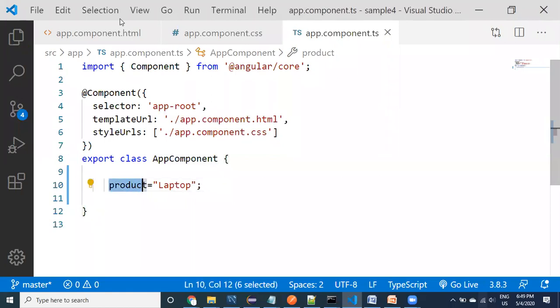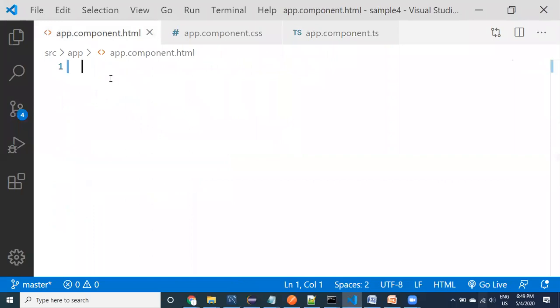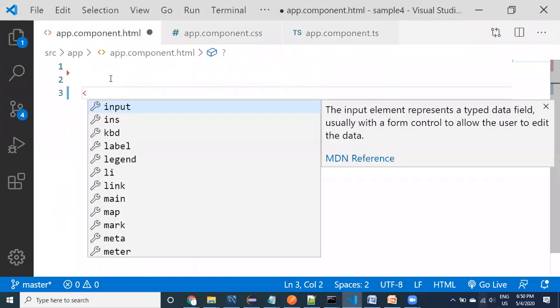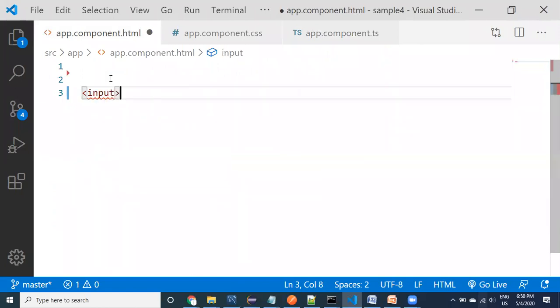I want to use this property in the HTML in the text box, so in the HTML I add an input. Inside the input text box, I want to attach that property. If I attach the product property, data is going to come to this text box. Whatever data is available in the product will come inside the input text box.